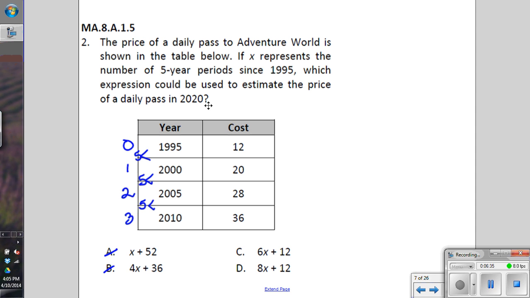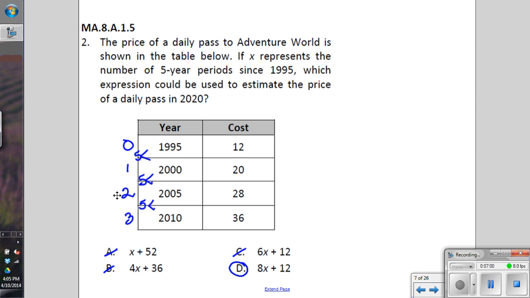Now, for the rest of them, I would recommend using a number like 2. So let's say we start from 1. 1 times 6 is 6, plus 12 is supposed to be 20. But it's not. 1 times 6 is 6, plus 12 is only 18. So this is not the answer. So by process of elimination, we have confirmed that the answer is D,